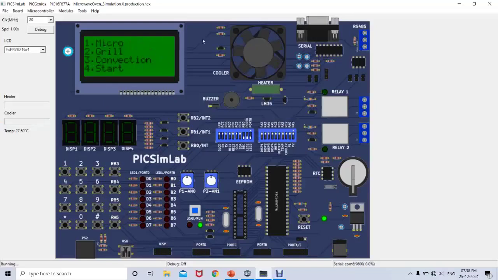Then we are going to see the convection mode. In convection mode, we first enter the temperature. We are going to enter 120 degrees. Then it will preheat for 3 minutes, that is 180 seconds.